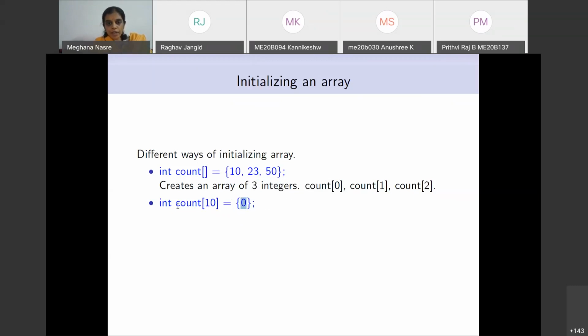So if you would have said int count[10] = {5}, it doesn't mean that the whole array is initialized with 5. It says that count[0] is initialized with 5. The remaining entries are initialized with 0. So if you want to initialize everything with 5, you have to write ten 5s in this manner, the way it is written. Otherwise, it will initialize the remaining things with zeros. So this is something that you keep in mind.